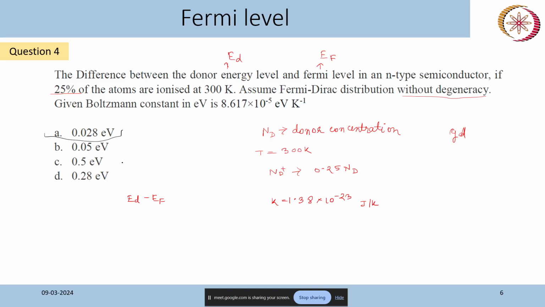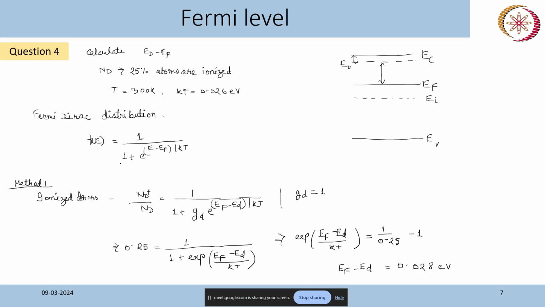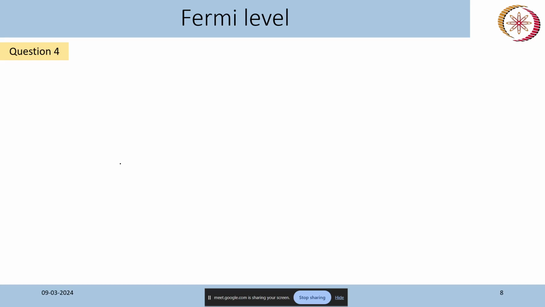But let's cross check that also. Okay. Another way we can solve this question is by using the donor distribution function. Okay, so donor distribution function, you can refer to the lecture notes again for the formula. So F donor,